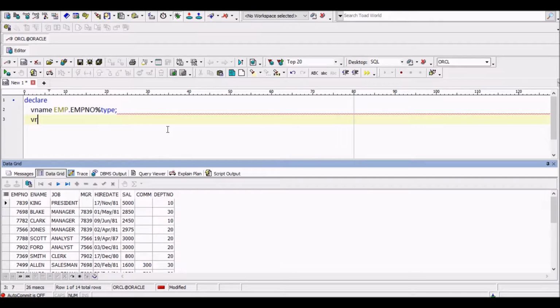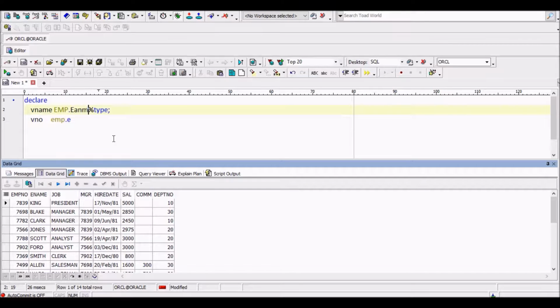Next I will use another variable v_number from the table EMP dot, sorry, this is ENAME, and this one is EMPNO %TYPE.